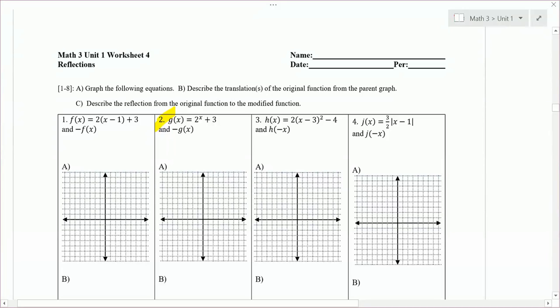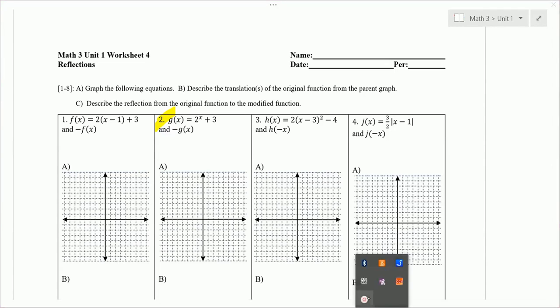I'm going to go over a few problems from the Math 3 Unit 1 Worksheet 4, which is on reflections. On number 1 through 8, we're asked to A, graph the following equations. Part B, describe the translations of the original function from the parent graph. And C, describe the reflection from the original function to the modified function. Okay, so first of all,